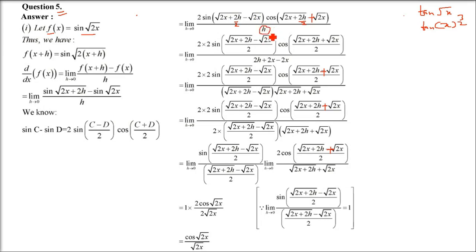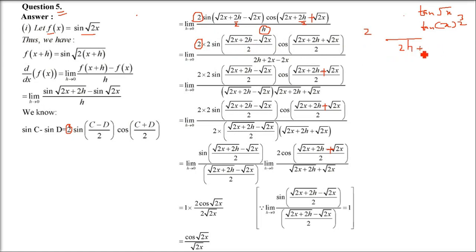Denominator you have h. Since you have to have under root 2x plus h or 2x plus h, we have to convert this h in a certain way so that we get the numerator. So h is there. First of all, just take 2, multiply it by 2. So you have to multiply 2. This is in the denominator, so you have to multiply 2 in the numerator also. So this 2 has come from the 2 sine and cos, and this 2 has come from this h. So 2 number of 2's are there.